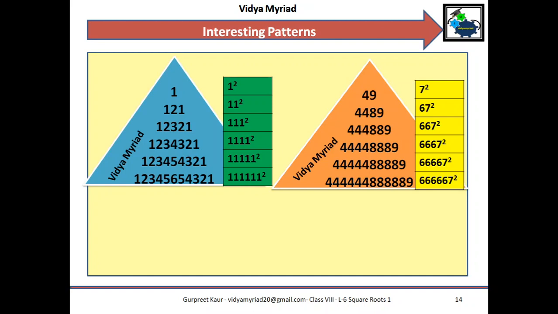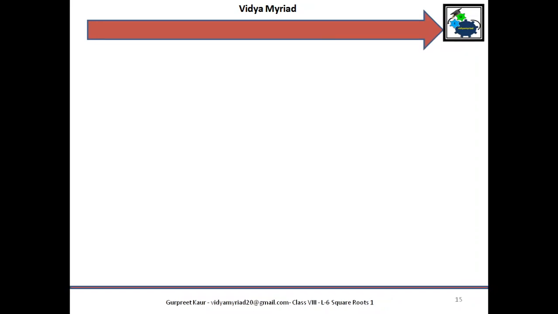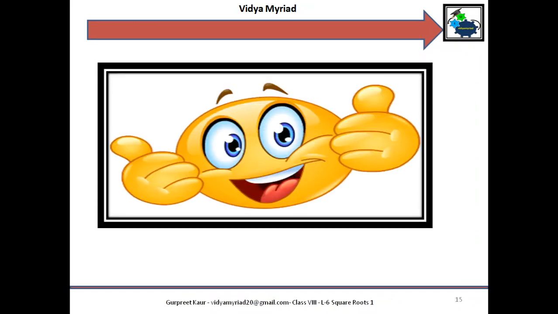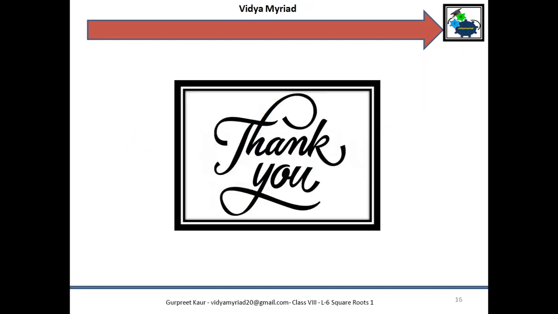And with this, I end up with this video. I hope you have understood the various important facts and how we are going to find out the various natural numbers in between the two squares or consecutive numbers. Please practice and learn by heart all these squares at least from 1 to 20 to do your calculation fast.